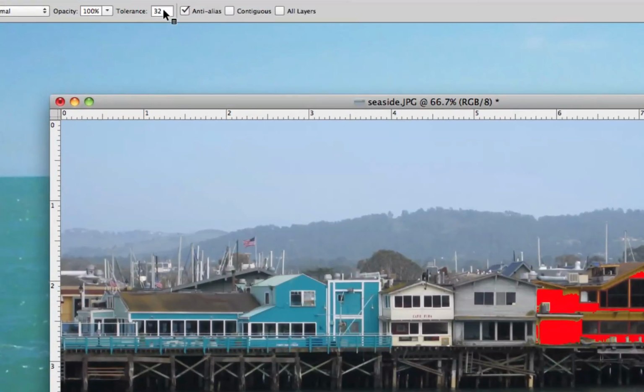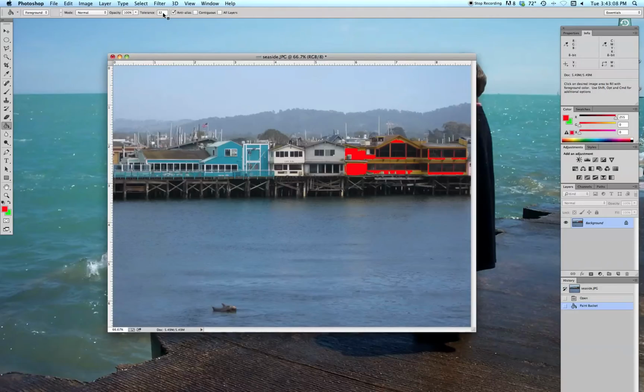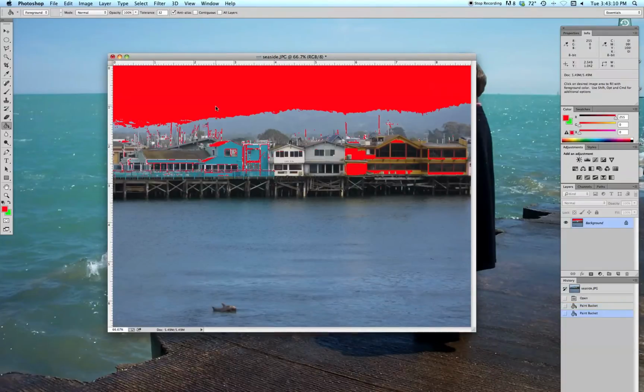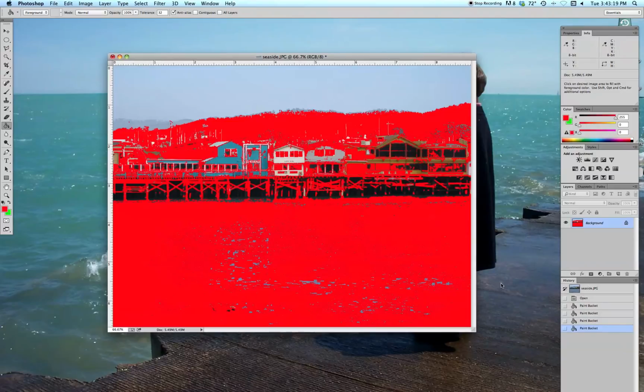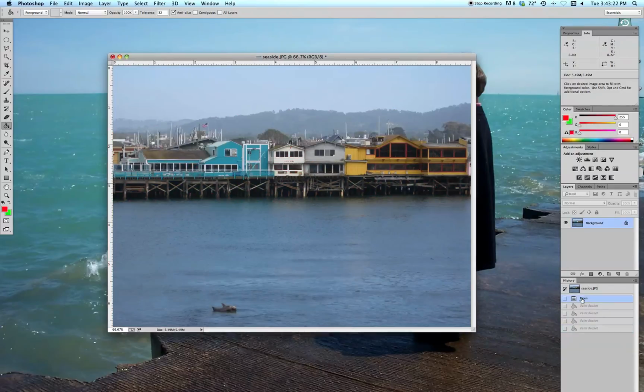Yeah, the tolerance setting takes some practice to get used to as far as how to set it just right. Again, start with 32 and see what it does. It may be that it's too much or not enough. And you can also just go around the picture and keep clicking on more areas and it'll continue to fill it in. Now this may not seem like a very practical tool, but if you use it just right, let's say I wanted to change this blue building to a green building. If I were to select the right color green, select the right opacity, select just the right tolerance, make it non-contiguous, it would fill in that shade of blue with a new color. So it's a very useful tool. It's not a very precise tool,